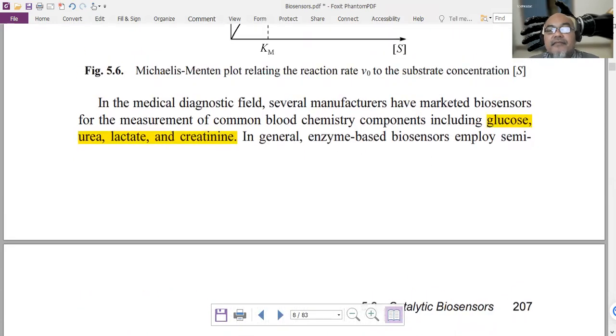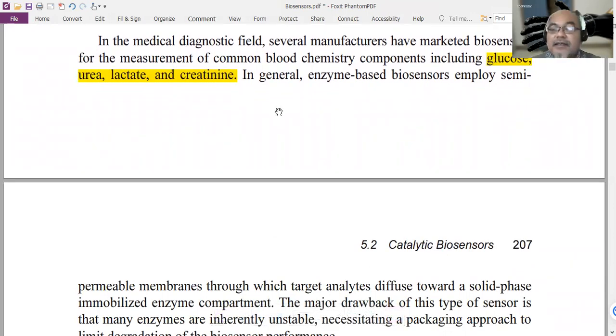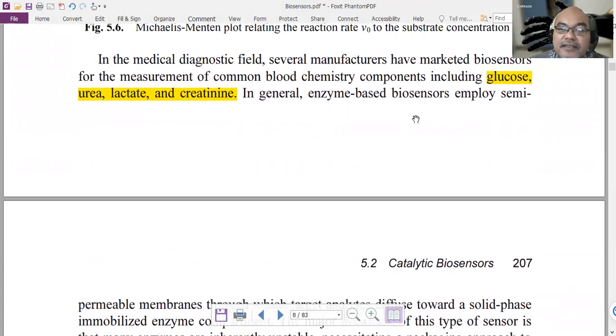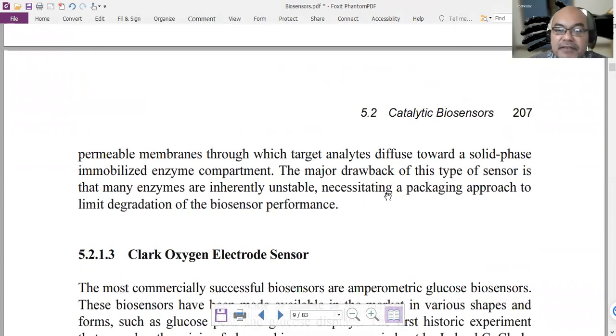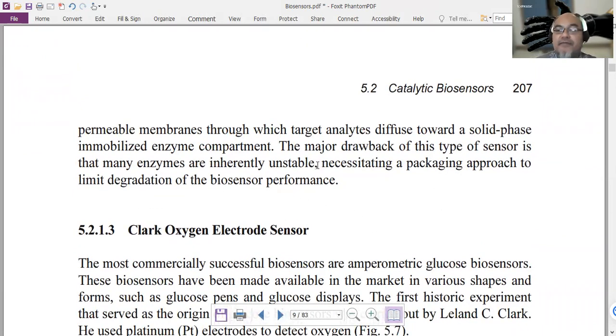Enzyme lactate can be used for detection of fatigue of muscle because of the formation of lactic acid. And in general, enzyme-based biosensors employ semi-permeable membranes through which target analytes diffuse towards a solid phase immobilized enzyme compartment. The major drawback: many enzymes are inherently unstable, necessitating a packaging approach to limit the degradation of the biosensor performance. That is why